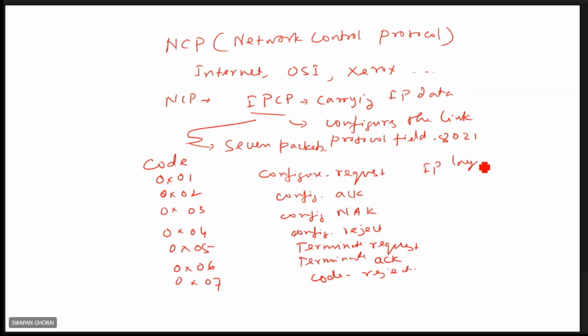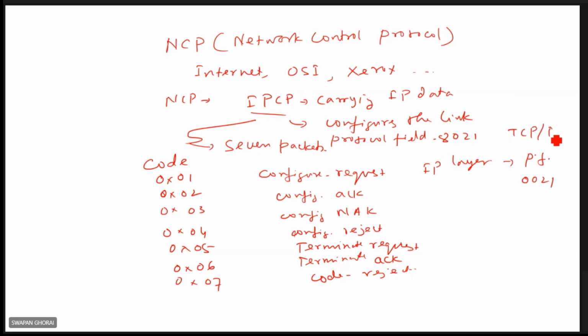There are different layers. In case of TCP/IP, there will be one IP layer. This is a network layer, one of the network layers. So for the IP layer, the protocol field value will be 0021, right? And if it is connected from the OSI network... this is IP layer, actually it is the TCP/IP layer.